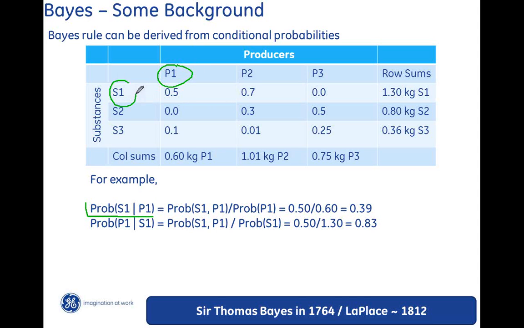All right, S1 and P1. So now I've just got this, right? Supposedly, is that really what that means or not? I'll get into that. So now what I've done in applying addition to my full ensemble of data, the three producers, three substances, is I've focused the specific probability on a row and a column.